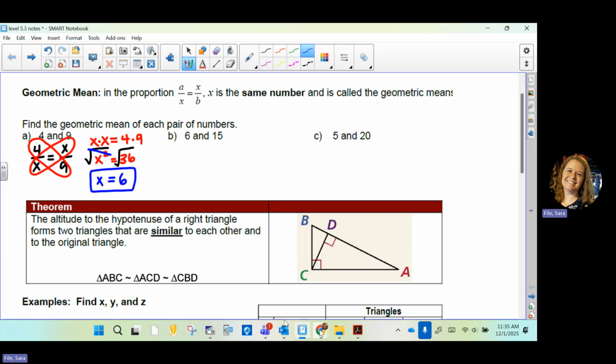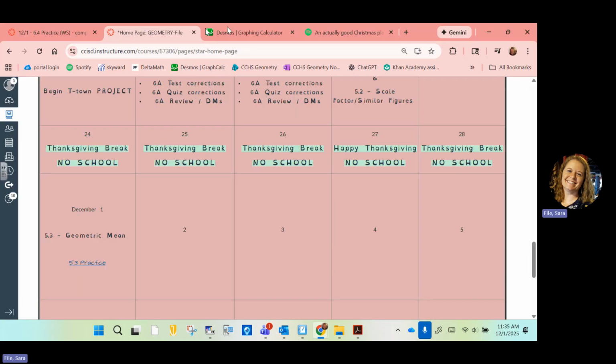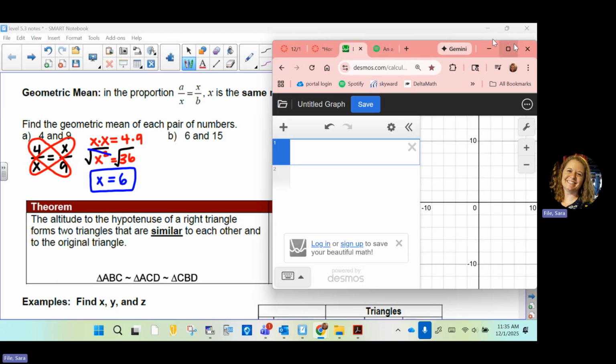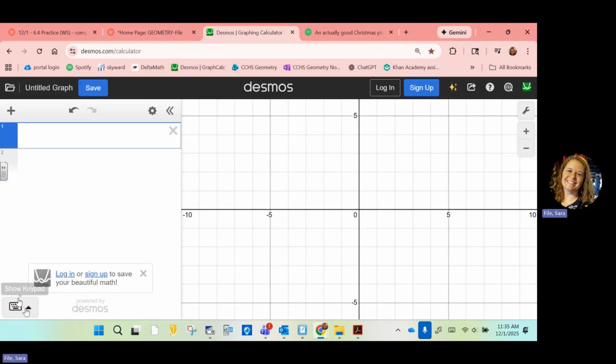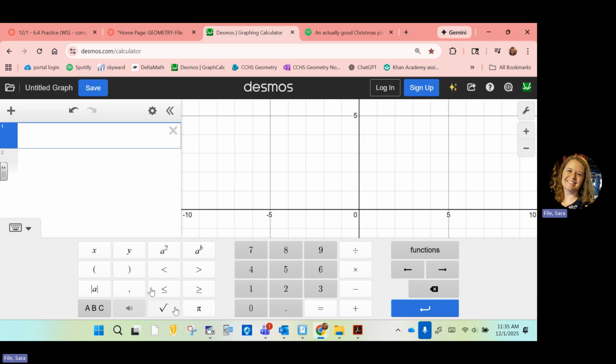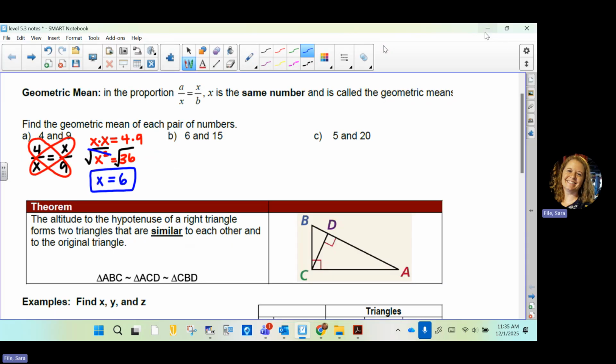When you're in Desmos, if you don't remember, I'll show you where the square root symbol is. So you get your keyboard here. It's right here. So you would type in the square root of 36 and it tells you it's 6. So just use Desmos if you don't know your square roots. Now, you'll only know the square roots in your head if you know perfect squares. A lot of times you're going to have a decimal and we're going to have to make sure we remember